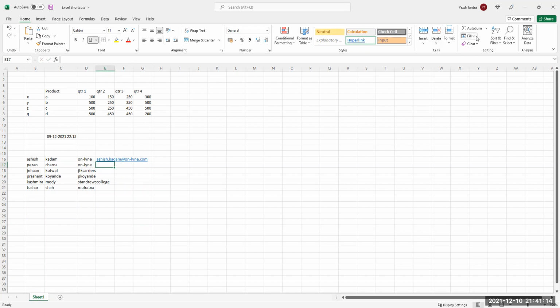Okay. And if you see on the top right, there is something called Fill. There also you have this option of Flash Fill. And it also says Control E is the shortcut for flash fill. So you click here and the same effect is given. So by default, everybody becomes .com. Obviously, otherwise, if you want, you can say .com or .net or whatever you want to put, you can put it here. It depends how your data is organized. This is just an example.